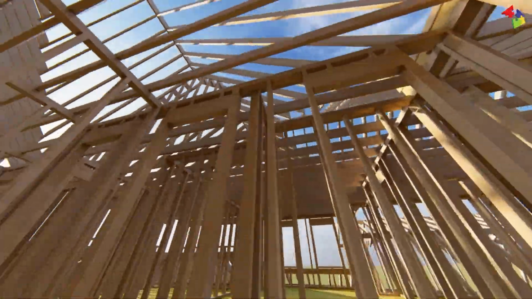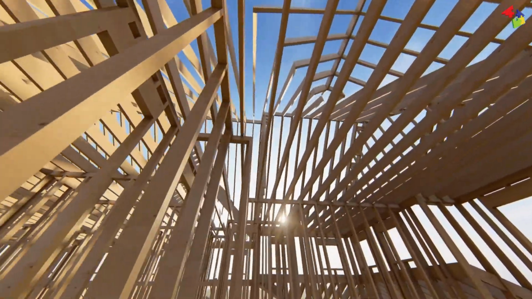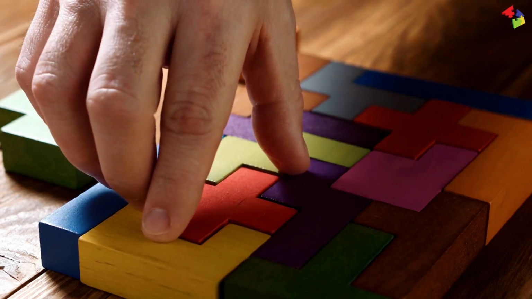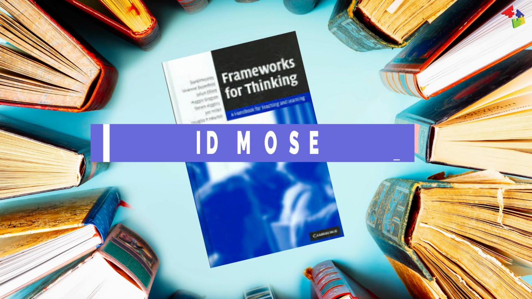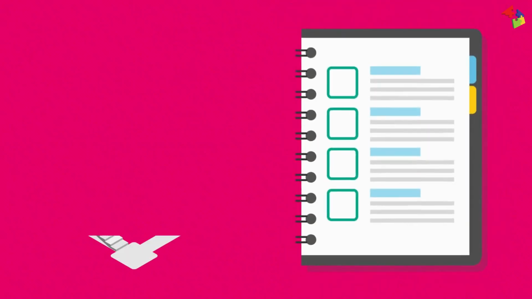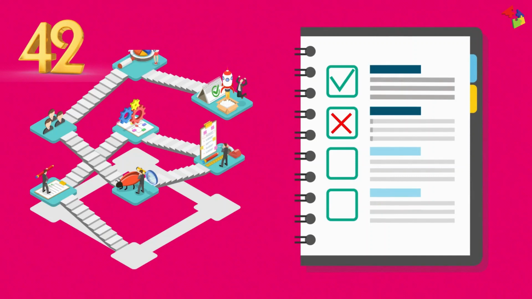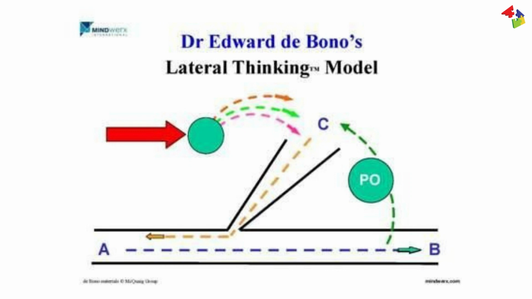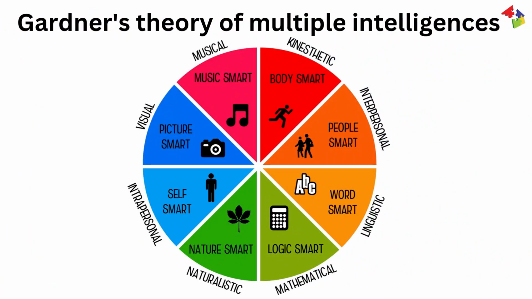Critical thinking frameworks are models or tools that help us to think more systematically, logically, and creatively about any subject, content, or problem. In his book, Frameworks for Thinking, the author, David Mosley, describes and evaluates 42 major frameworks. Some examples are Bloom's taxonomy, de Bono's lateral and parallel thinking tools, Gardner's theory of multiple intelligences, and Paul's model